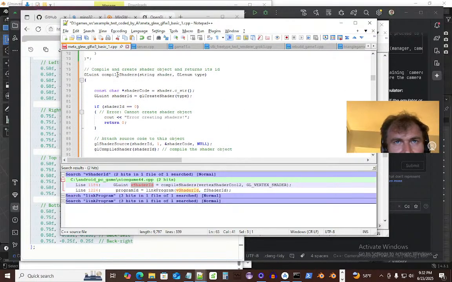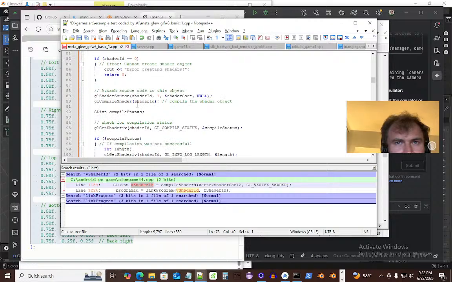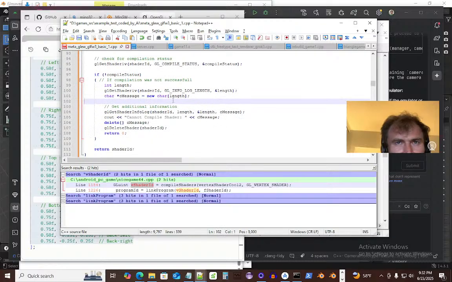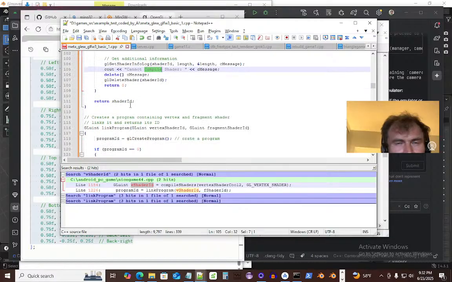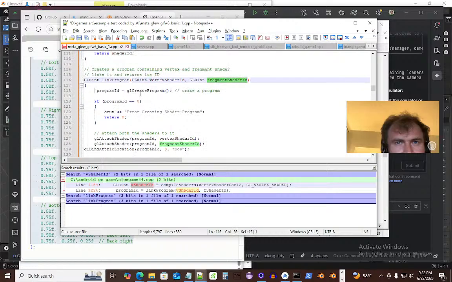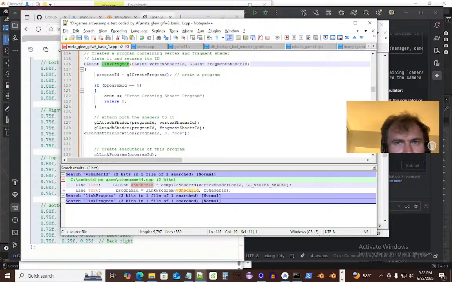So we compile the shader string based on its type. That gets passed into the API, then this function takes care of the errors. And it'll also tell you the actual line number on the shader that's wrong with this C message printout. Cannot compile shader, and it'll tell you a line number, which is good. Then it always returns the shader ID, and then we pass these two shader IDs that we got from compile shader into this part of the function called link program, and it attaches to a program ID it creates with